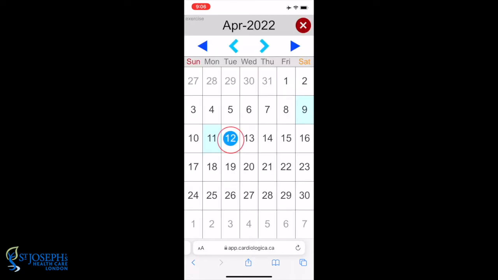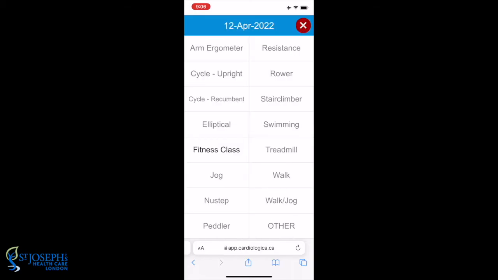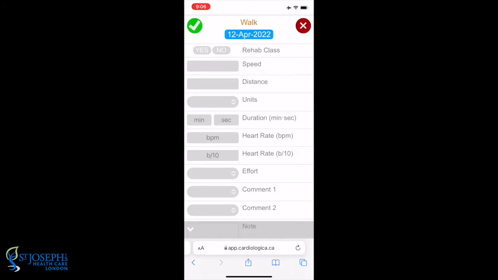Then select the date that you'd like to enter that activity for. You can then select the type of exercise you performed. You then want to input some information about the type of exercise that you did,